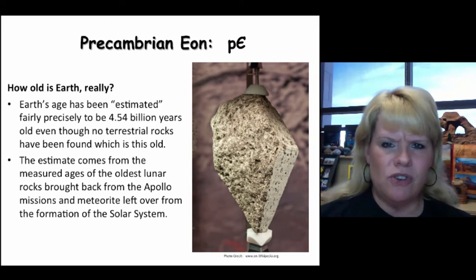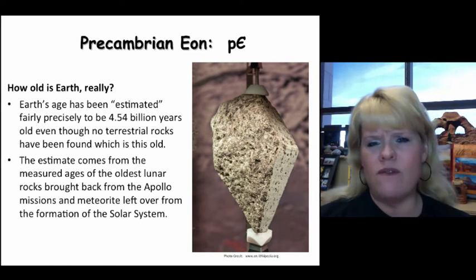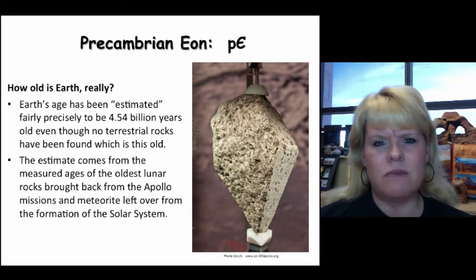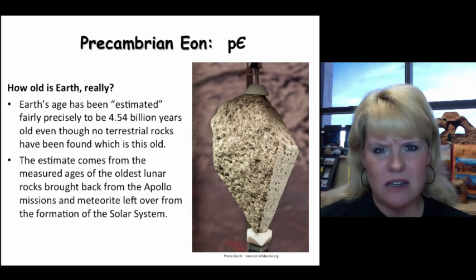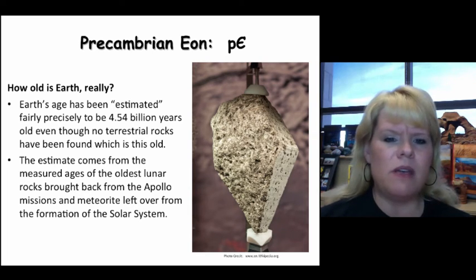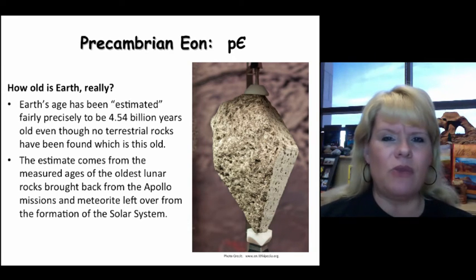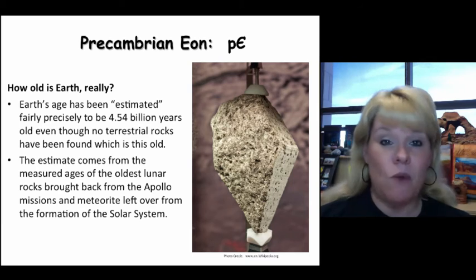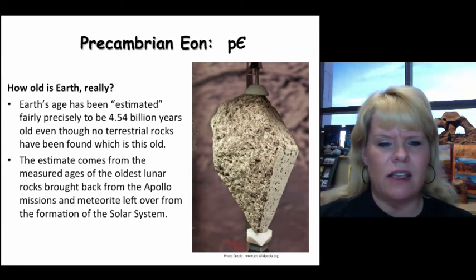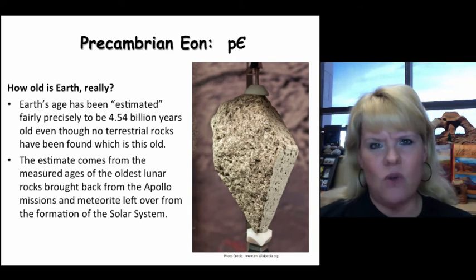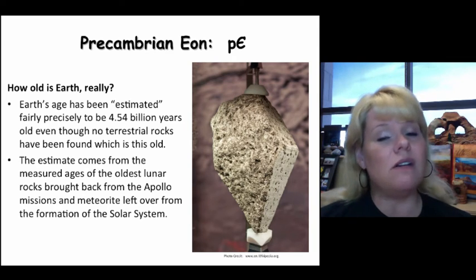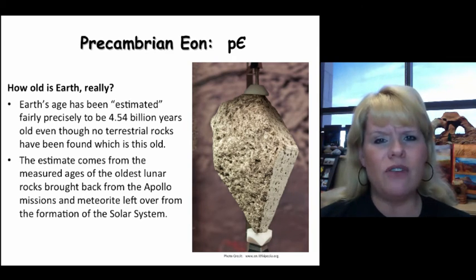There is some literature that dates it as far back as 4.56 billion years. That's just a matter of a slight difference in age. The point being is you could round up to 4.6 billion years. And that's where that rough estimate of a 4.6 billion year old Earth comes from. Reality check is we haven't found any rocks that old on Earth that were generated on Earth, meaning terrestrial. So we have to look elsewhere for the answers.